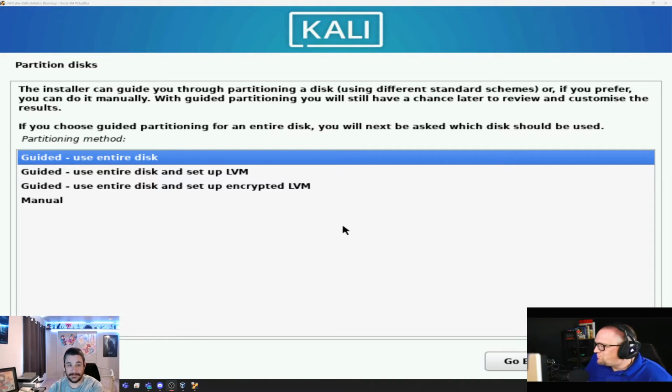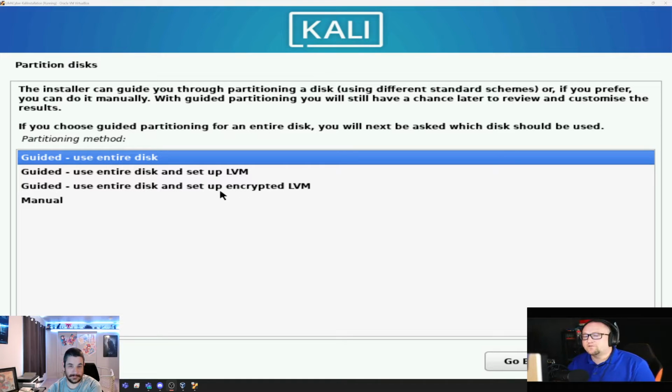I like it. So it depends on what you want to do here for the partition disks. You can do the guided, you can do LVM, you can do encrypted, you can do a whole bunch of different things. But if you are a new person into Linux, doing this by hand is probably a little daunting at best. So I normally recommend starting with your guided